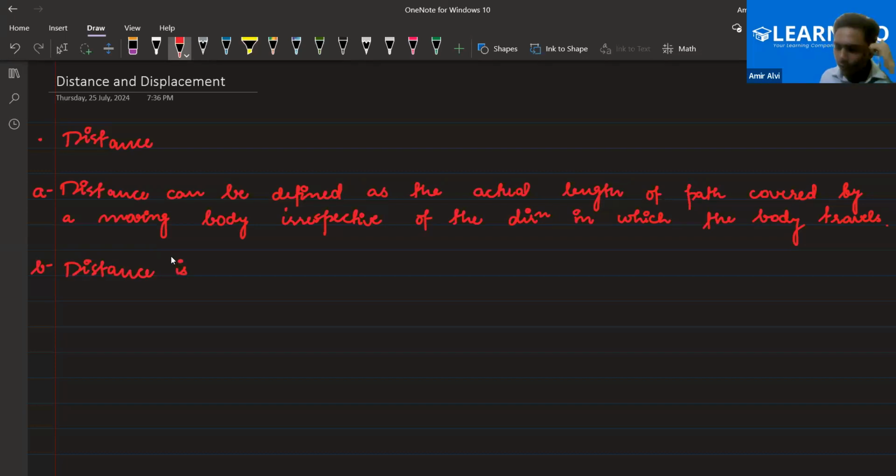Scalars and vectors are not explicitly given in your school syllabus, like CBSE, but you just have to understand what basically a scalar is and what a vector is. So distance is a scalar